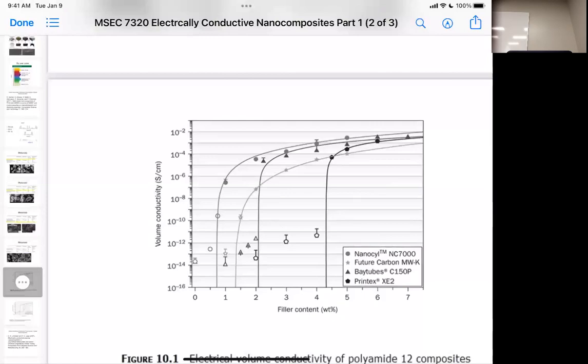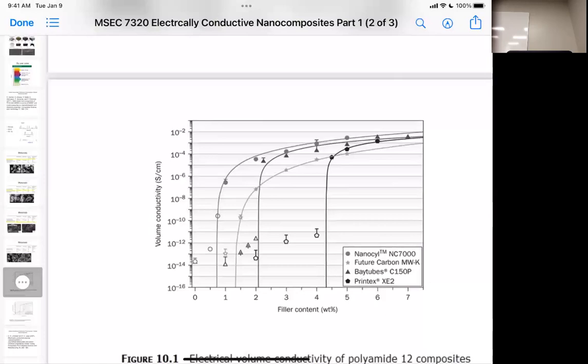Okay. So if we look here and kind of draw a line, it actually probably comes down like this somewhere here. But we have a little over 4.5, about 4.5 weight percent of these nanomaterials to get to our percolation threshold. And that's for the Printex, the spherical particles. Okay, we kind of predicted that, right? Because with the longer aspect ratio, we should hit the percolation threshold sooner. So seeing that the spherical particle has the highest loading makes sense. What's next here is the